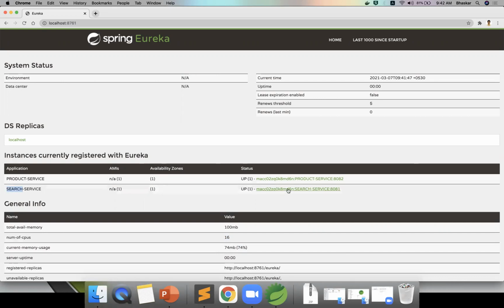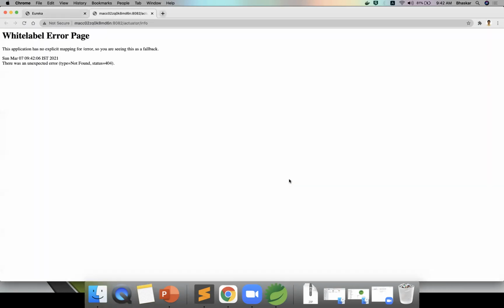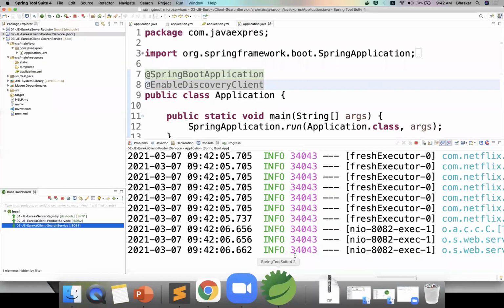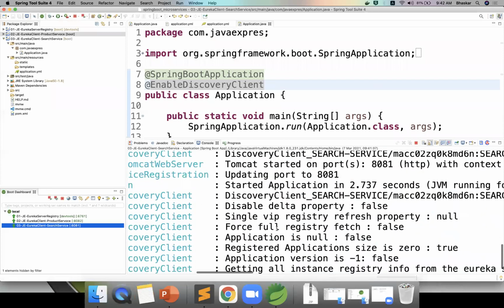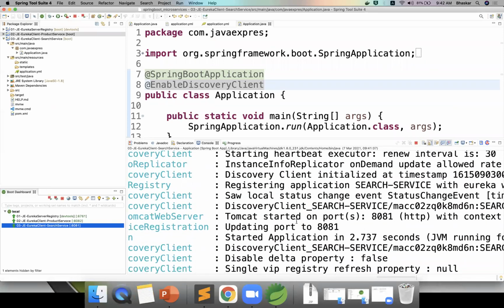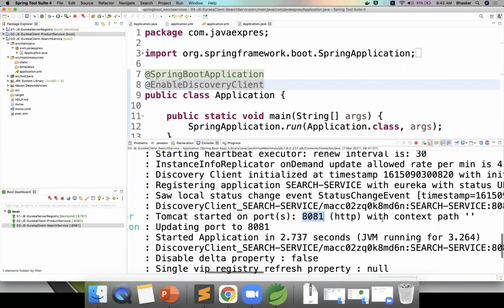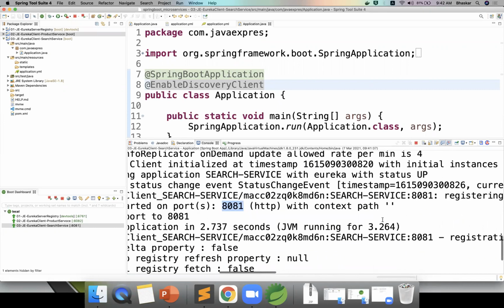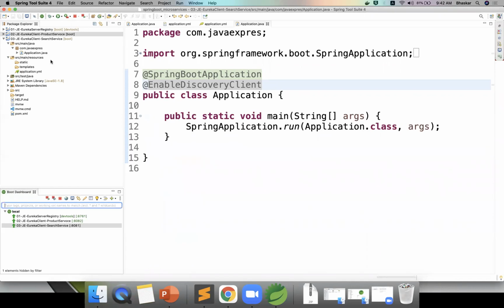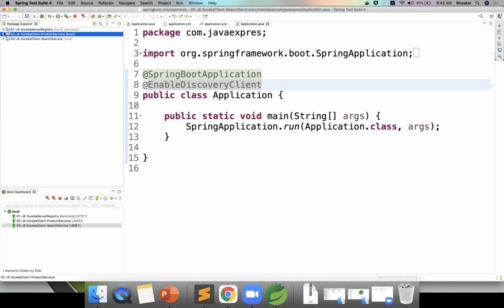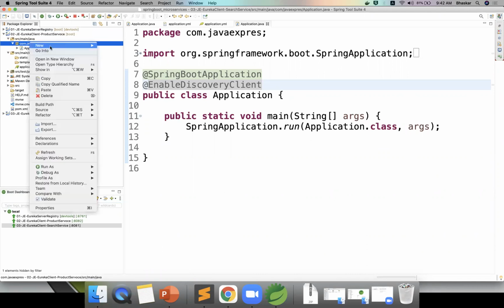Now, when I click the product-service, if you observe the logs, just observe here: Tomcat started on port 8081. The port number is running. Here the actuators concept comes in, whether your application is up and running, or we have not yet enabled the actuators. What I can do for you is create one controller class. Where will we create it? How can I do that?